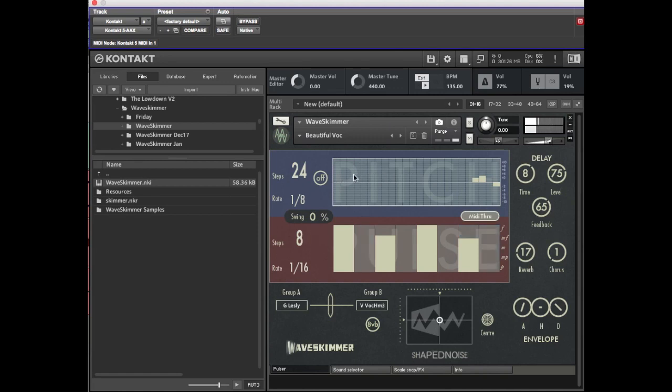Then up here you've got a pitch grid as well, and it's the same. You can have steps of up to 32, in whatever rate: 1/8 notes, half notes, quarter notes, whole bars, but at the moment it's set on 1/8. And if I switch that on,